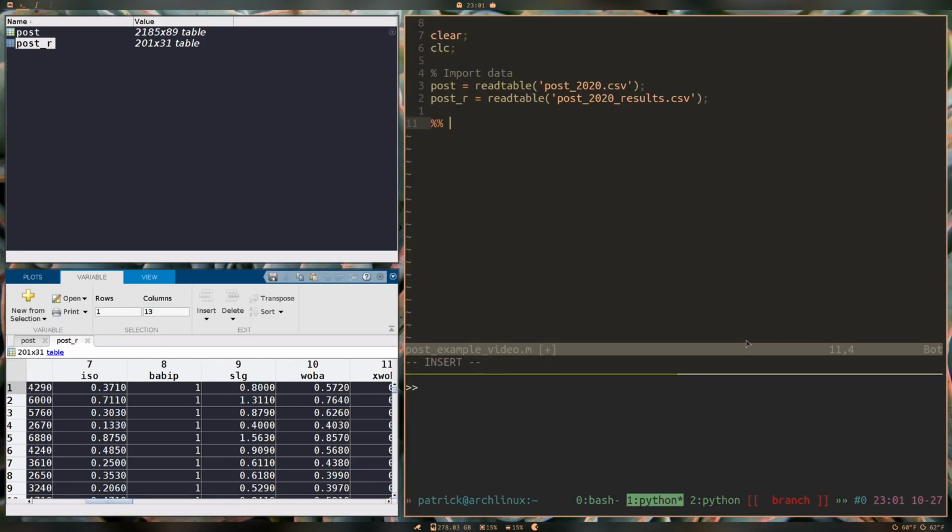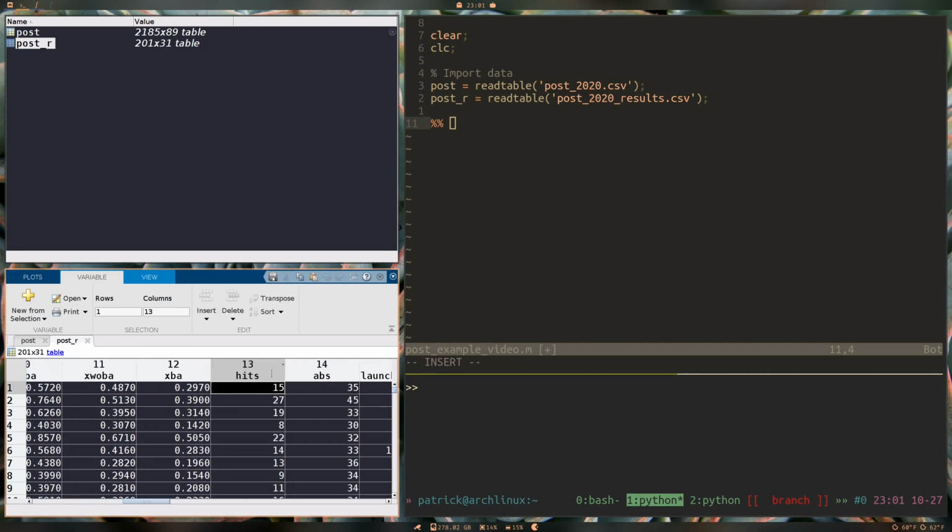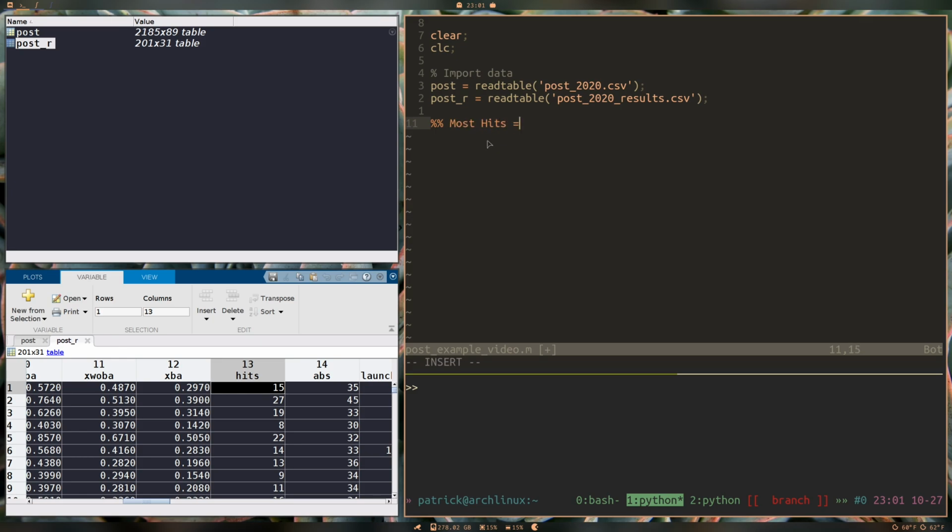Okay, so the first thing we're going to do now is sort our table by the most amount of hits for the postseason. For this, I can just look at our spreadsheet right here, which is called post underscore R. That's going to be our postseason results, and I see that one of our columns here is called hits. Okay, so I'm going to call this variable, or first, let's do most hits, dash top 5 players. Okay, so I'm going to do post underscore R underscore hits, and this will be equal to, so now we're actually going to sort our table here, so sort rows,